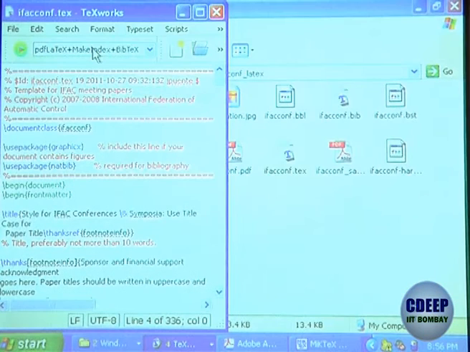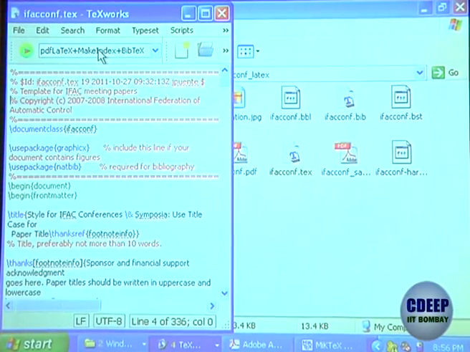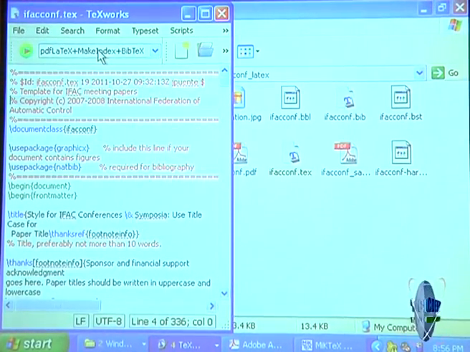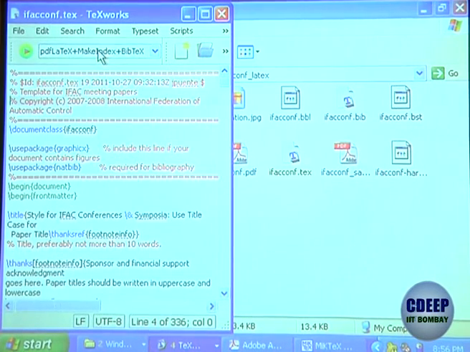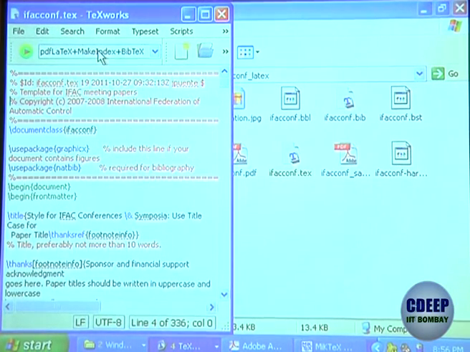So I have downloaded one for one of the IFAC conferences. This is the text file. So typically what this will have is, see, document class, we had report. Here the document class is IFAC conference something, IFAC conference. Okay, it will include some packages, and you can add your own packages also. Some default packages you have. Begin document, begin front matter, all these commands you don't have to change, they are there by default.